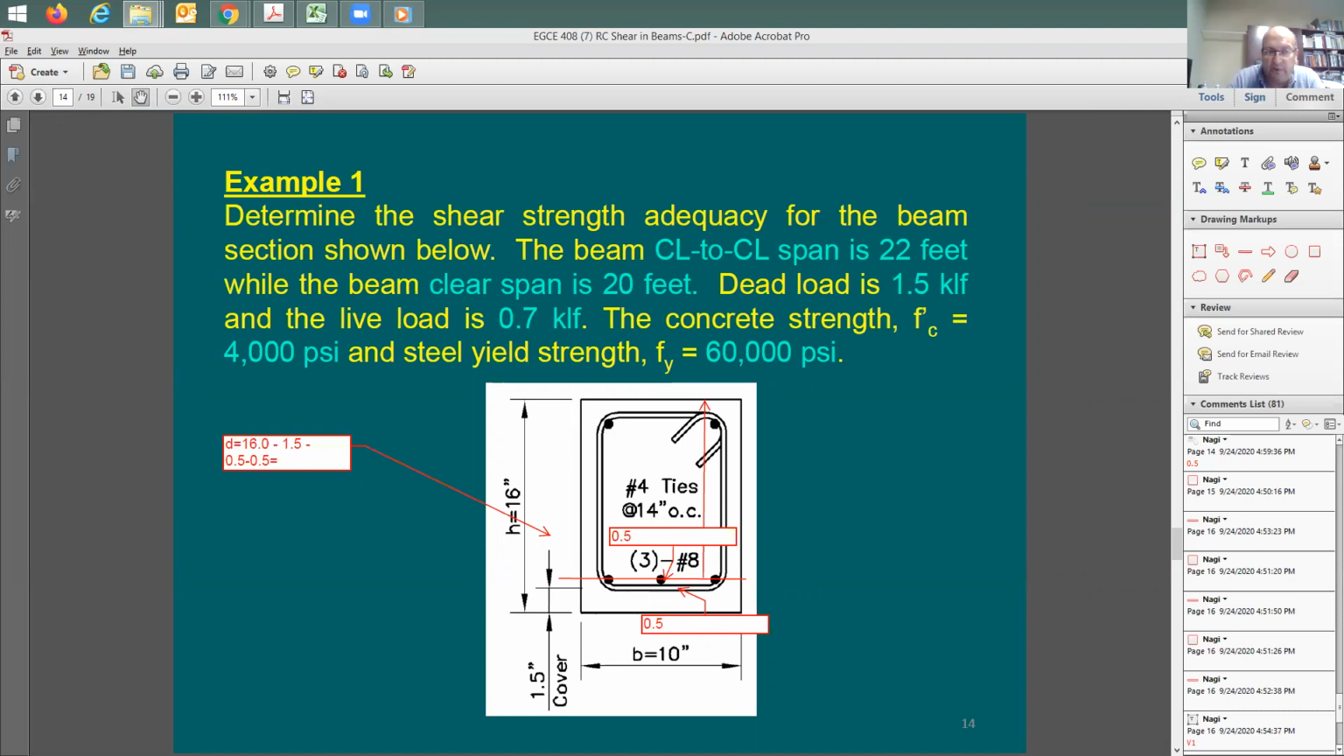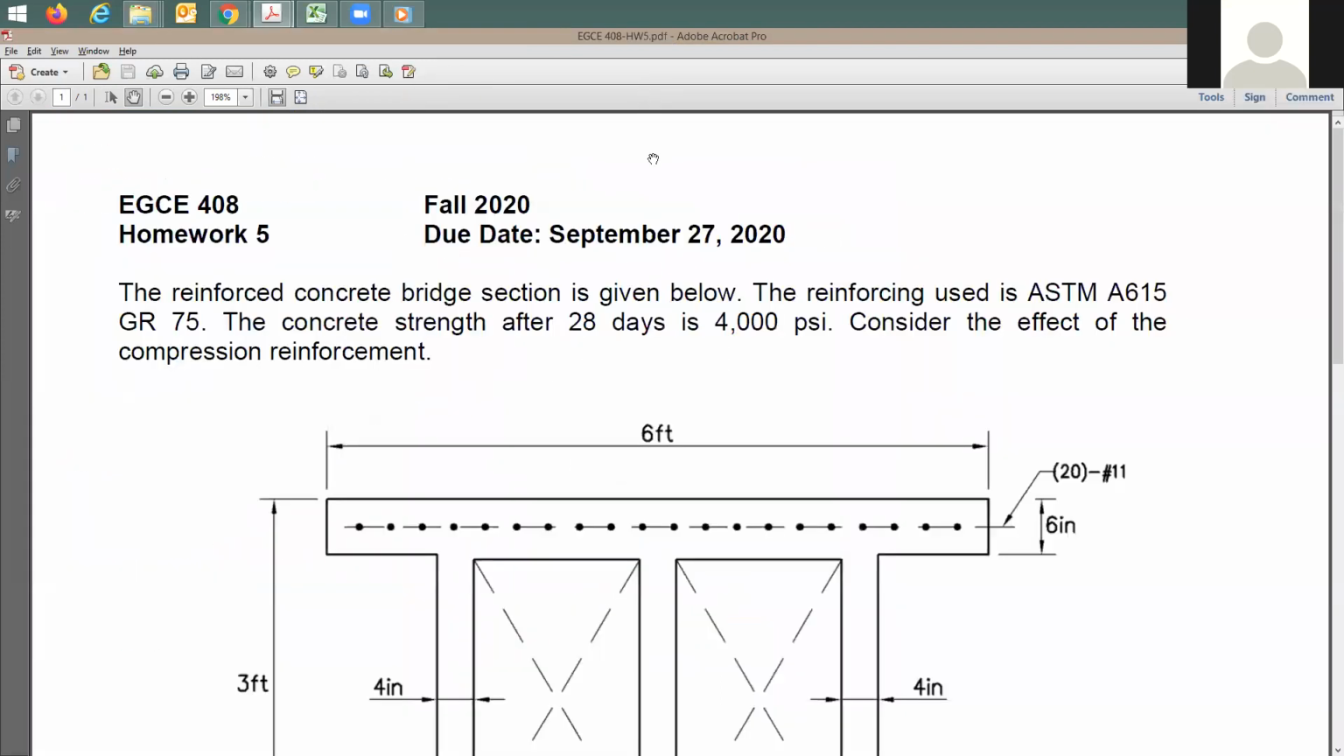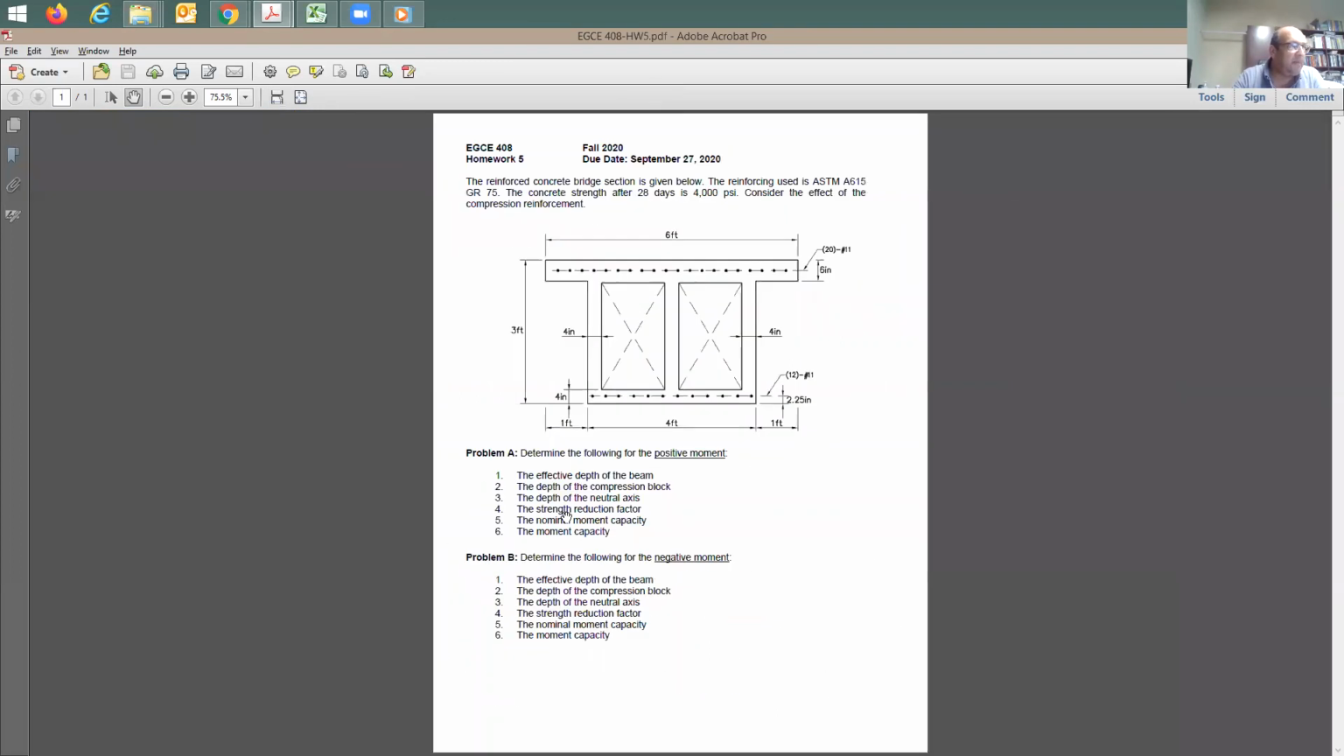Can I move to the homework? Yes. Okay. So in this homework, you have actually two problems, problem A and problem B. First, let me try to understand. It says here, when you have positive moment, do the following. When you have negative moment,